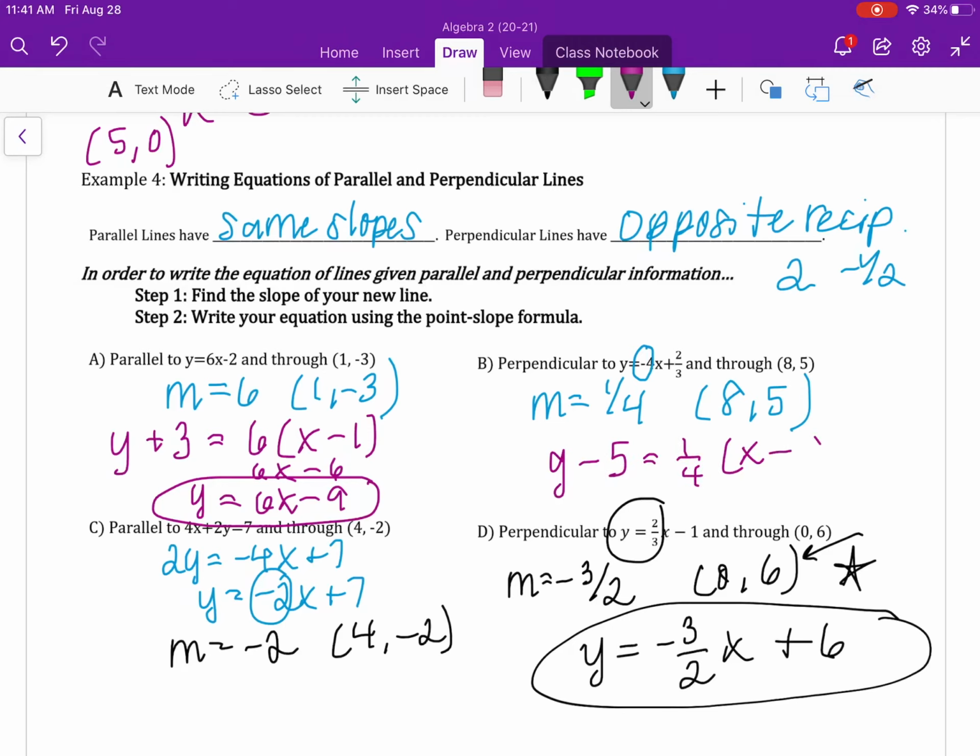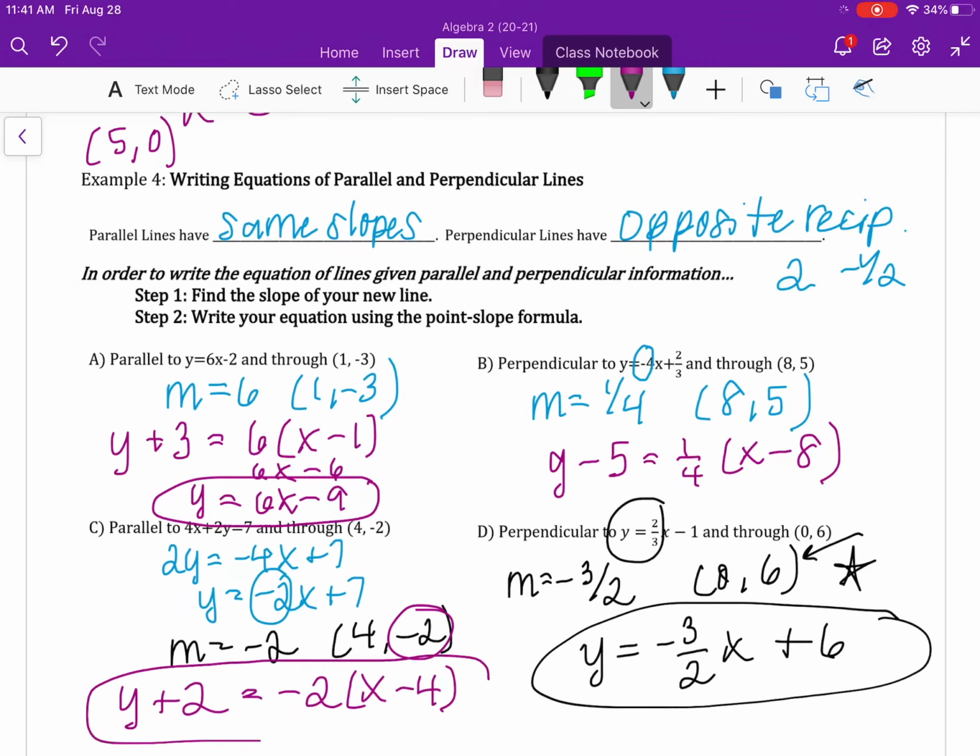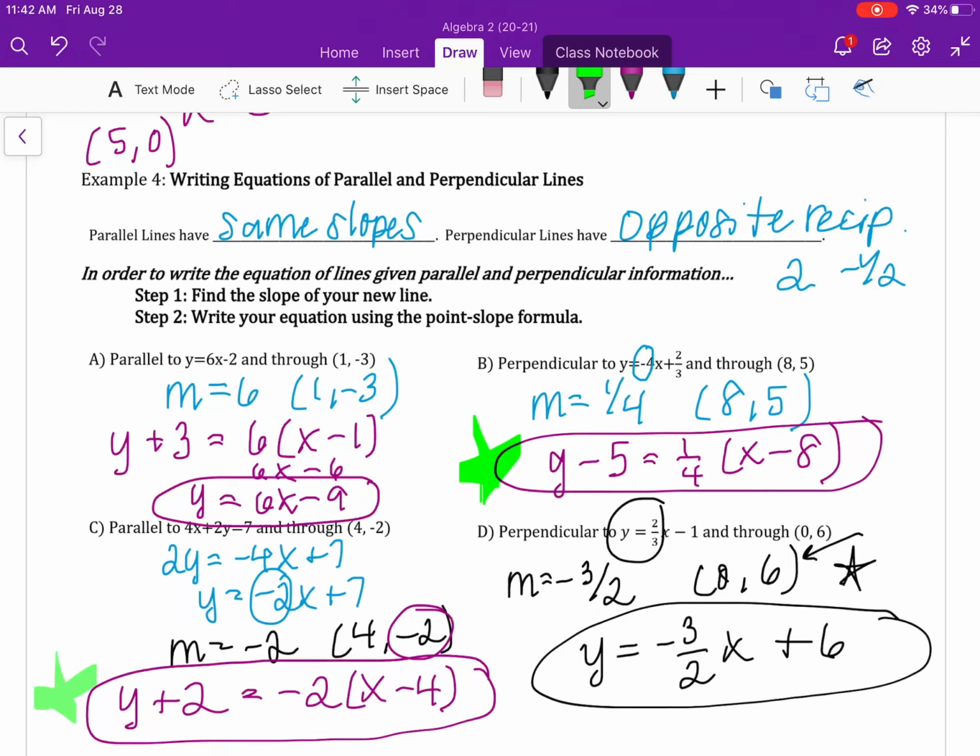Over here, we would get y minus 5 equals 1/4 times (x minus 8). And here we would get y plus 2, right, because it's going to flip this sign, equals negative 2 times (x minus 4). And again, if I asked you to put it in slope-intercept, you would want to go ahead and put these two guys in